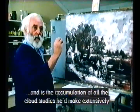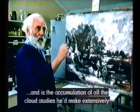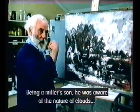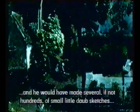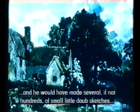This picture would have been, of course, enlarged, and there's the accumulation of all the drawings, the cloud studies he'd make extensively. Being a miller's son, he was aware of the nature of clouds, very important to their work, and he would have made several, if not 100, small little daub sketches to make up the general total picture. But in Hampstead, in the studio, I must emphasise that not on the spot, because the first roughs are infinitely better than the finished product,